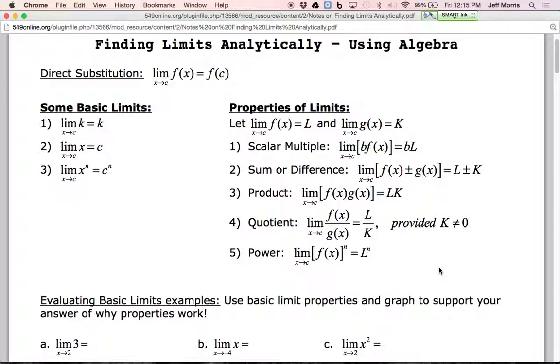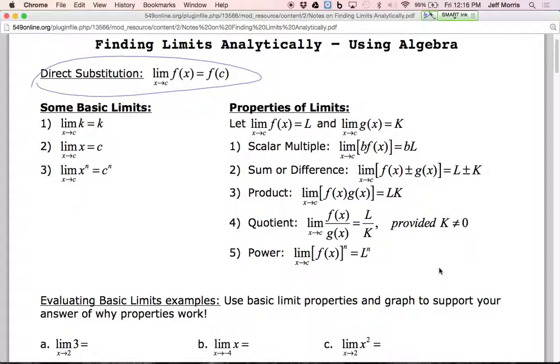We went over 2 techniques, and you just took a quiz on it. You found limits using the graph. You found limits using a table, using your calculator, and looking at the numbers. So besides looking at it graphically and numerically, what we want to do is look at it analytically, which is using algebra. All right, the first thing, and you probably read some about it in the orange book, was